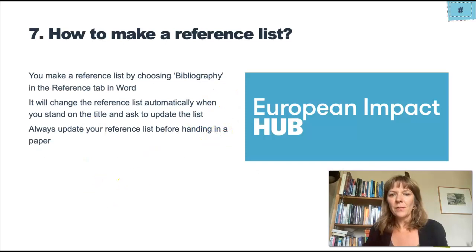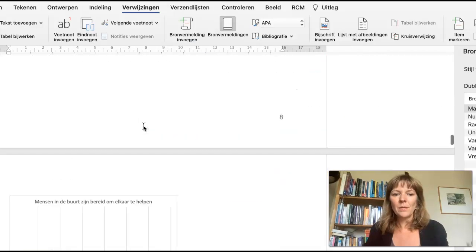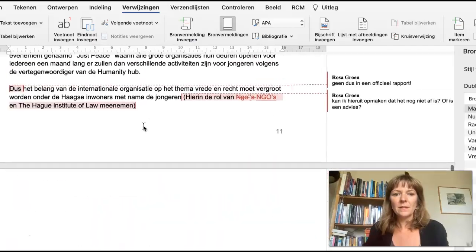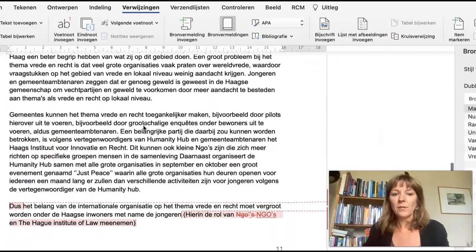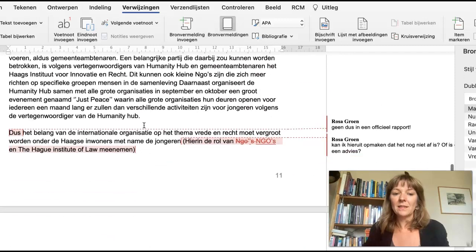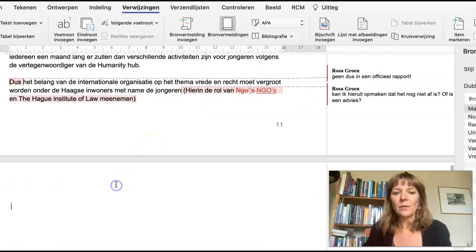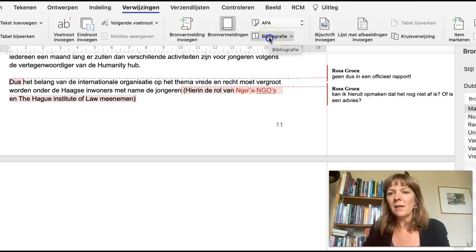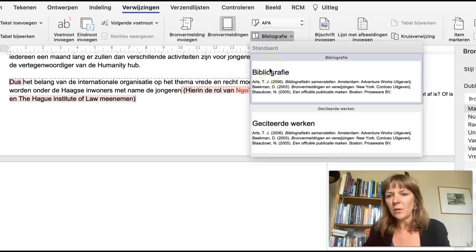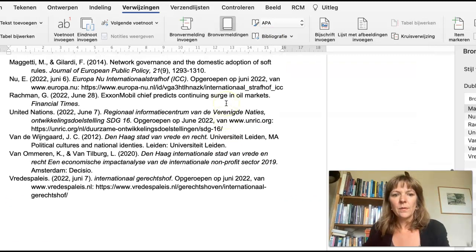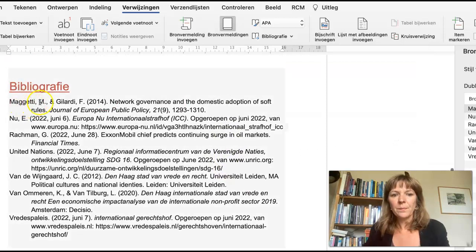How to make a reference list. Now we come at the end of the paper that you were writing, and the reference list is quite important because in the reference list is the first place where people will look. So how to make a reference list? Look at this box above under APA. It says bibliography. You open it and it will state all the